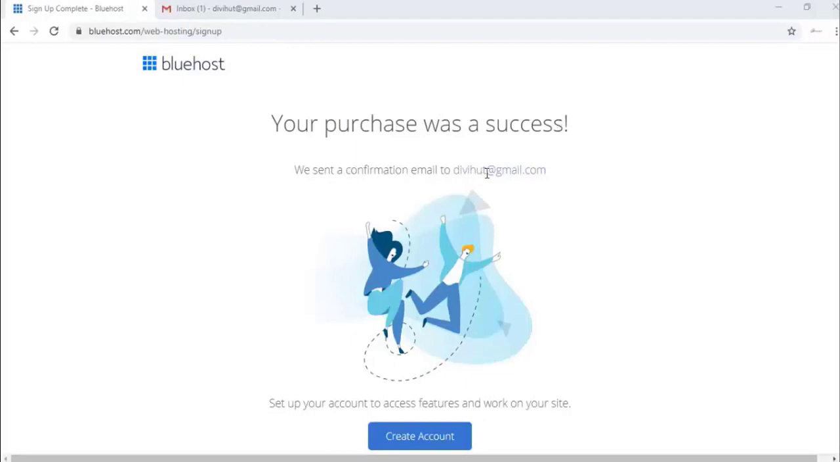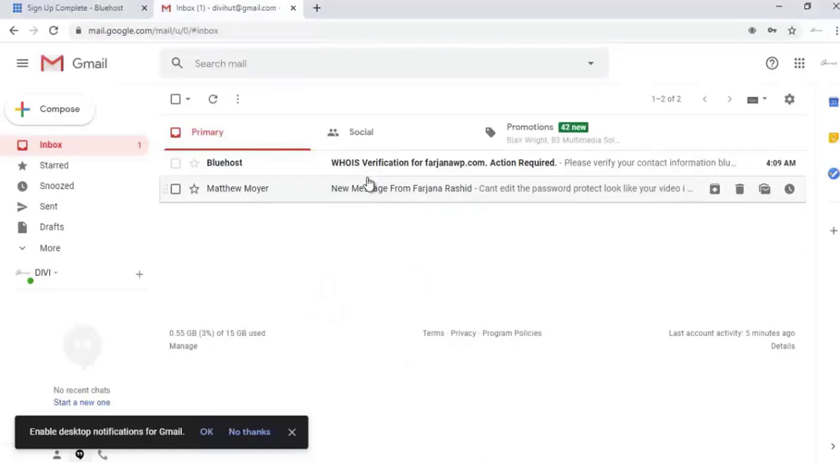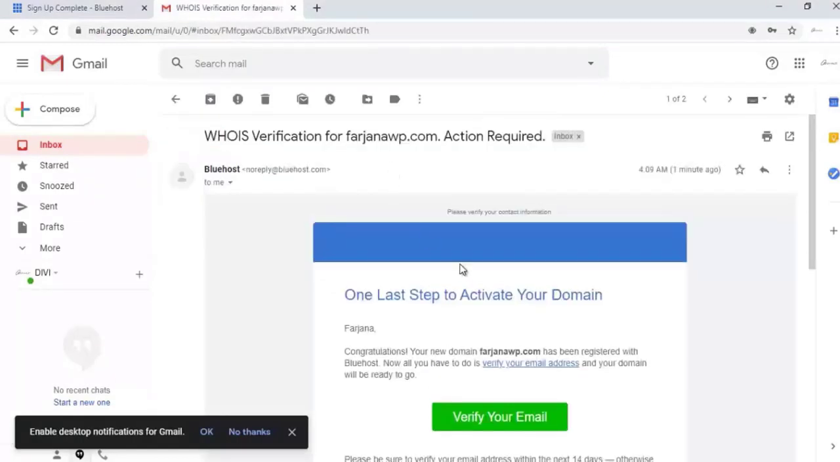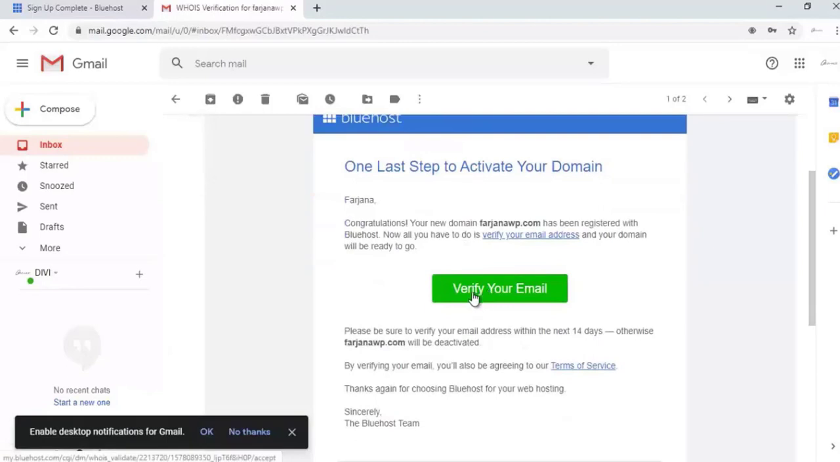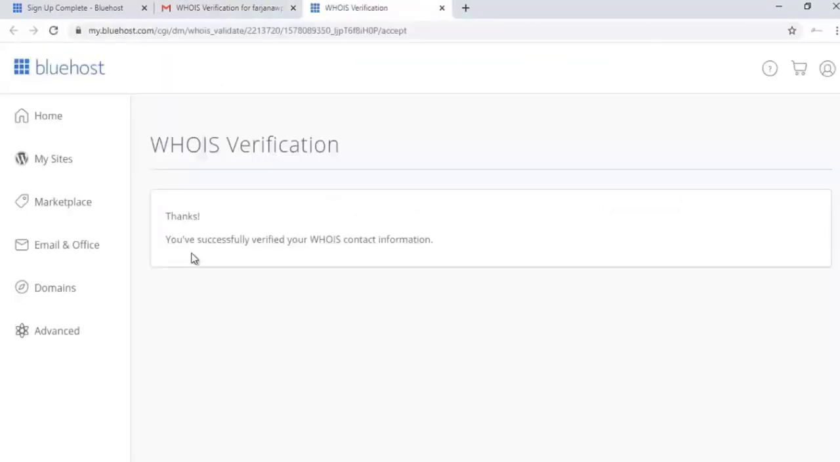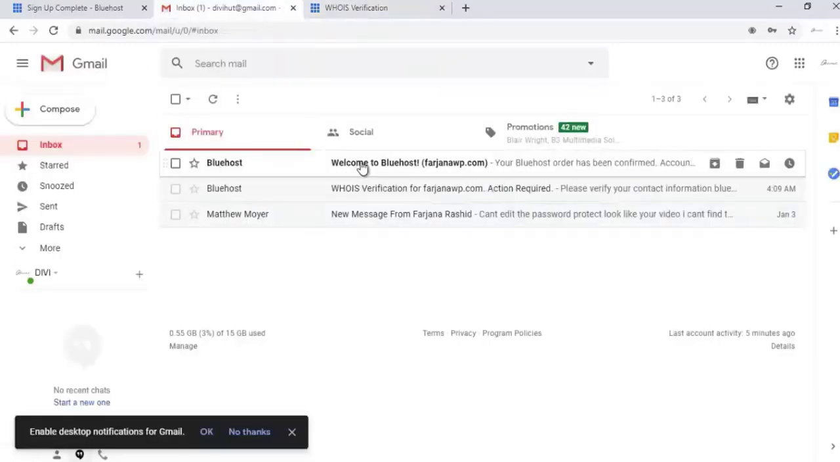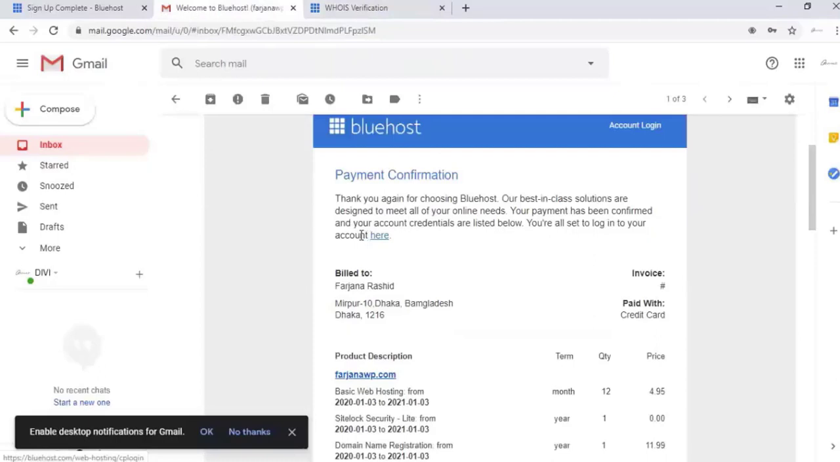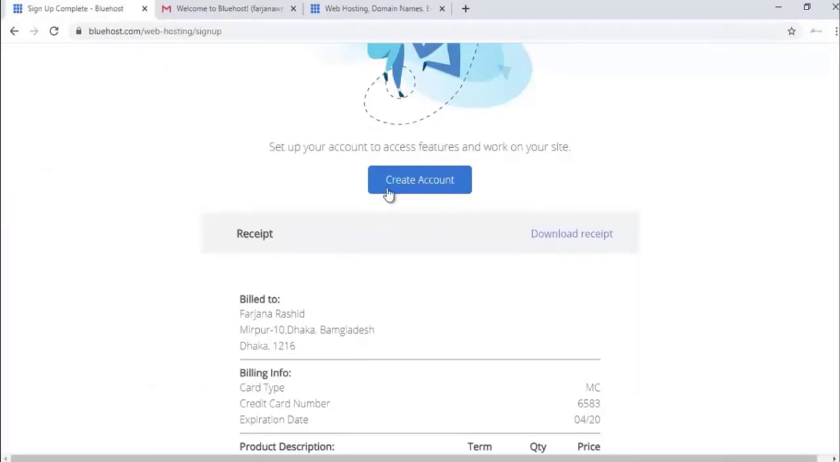Now going to check my email. So now you can see they sent me a verification email. Click to open. And from here we have to click on verify your email. Alright, my email is verified successfully. By this time I got another email. This is for payment confirmation and the invoice for my purchase. Now from here